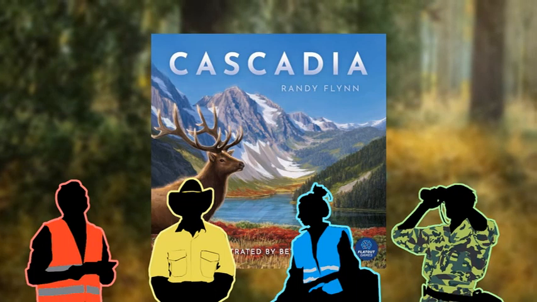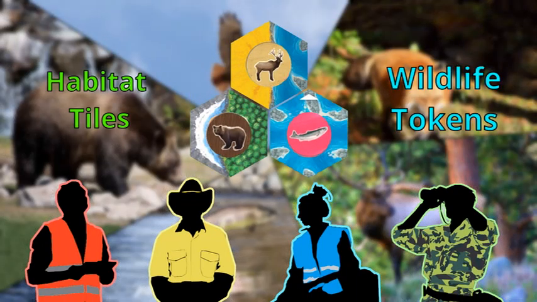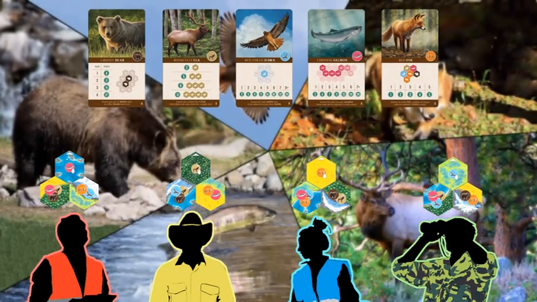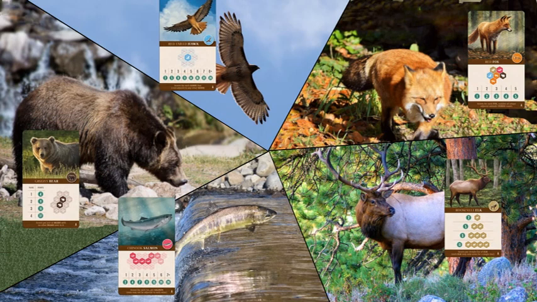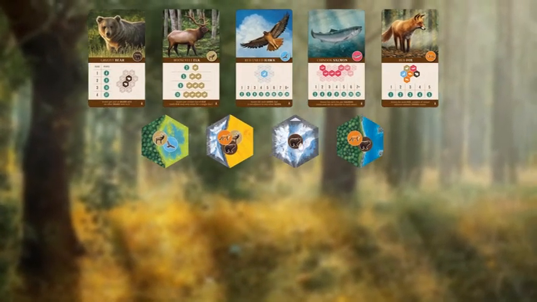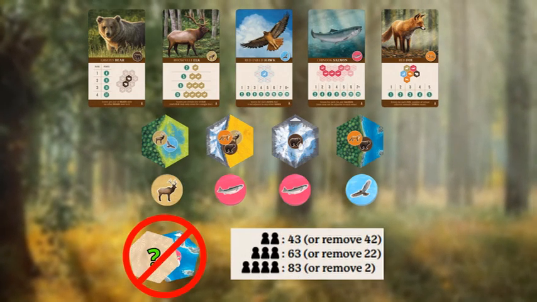Cascadia is a 1-to-4 player board game where you are trying to build an ecosystem consisting of habitat tiles and wildlife tokens. Each player will start with a unique 3-tile habitat. Then 5 scoring cards, each representing one of the 5 wildlife animals in the game, will be randomly set up in the middle of the table, along with 4 random habitat tiles and 4 random wildlife tokens just below it. A number of random habitat tiles will then be removed based on player count, and you are now ready to